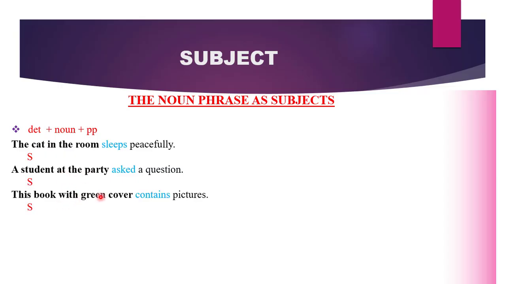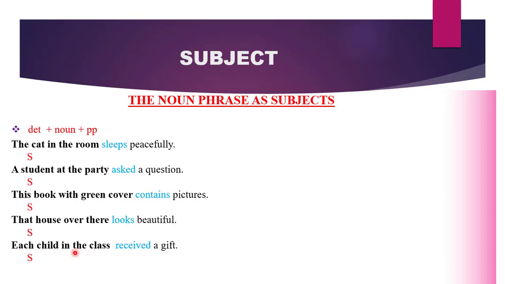This book with green cover contains pictures. What contains pictures? This book with green cover. A determiner, a noun, and a prepositional phrase. Together, it is functioning as the subject. That house over there looks beautiful. What looks beautiful? That house over there. It is performing the subject role. Each child in the class